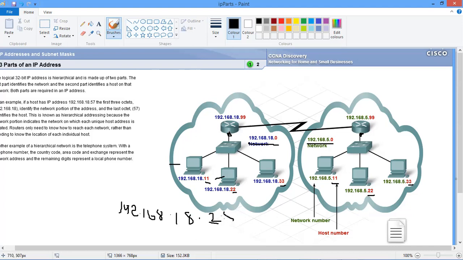192.168.18.255. That's the broadcast IP address, the broadcast address for this network. That's when the host ID is 255. The same thing for this one. Broadcast address for this one is